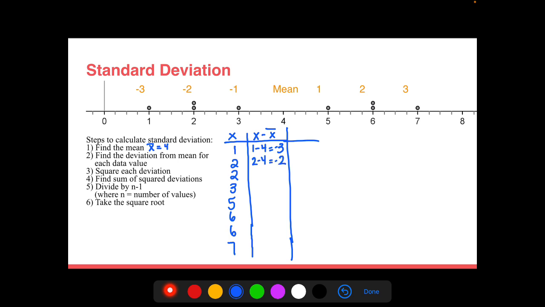The next one's the same thing. 3 minus 4, which is -1. 5 minus 4, +1. 6 minus 4 is 2, another 2. And 7 minus 4 is 3. Then we're going to square it. So I'm going to write this like that. Okay, so we have 9, 4,